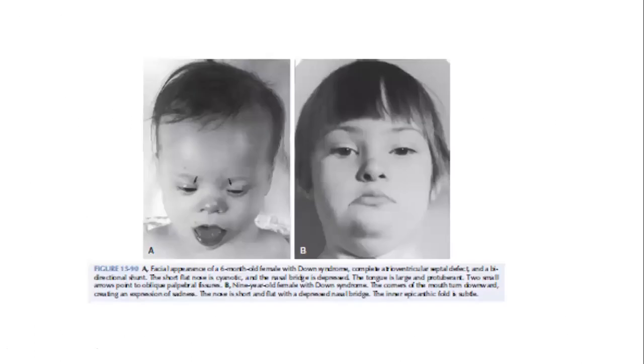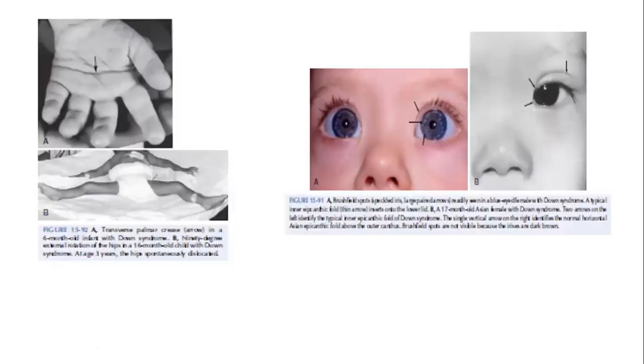Then hands, one needs to see the hands for clinodactyly. Then coming to the spine, you need to examine. Then hands also, yes, the ulnar crease as you're showing needs to be examined. Their tone is generally low, so all these CNS reflexes are depressed. Everything you should be examining. As a case, you should know what physical examination features should be there. That is important.